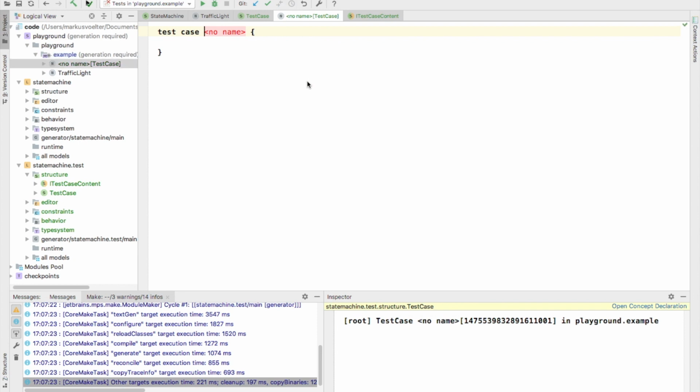That's how it should be, right? Because you only want to be able to see those language constructs of the languages you actually make available in the particular model you're writing. That's the whole point of language modularity. So, example traffic light